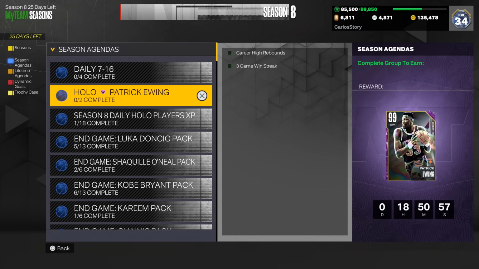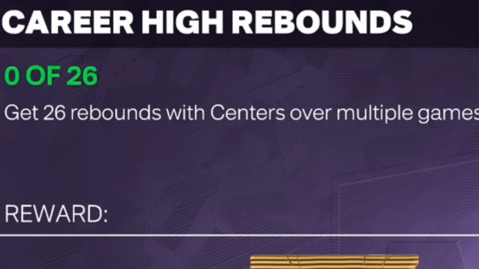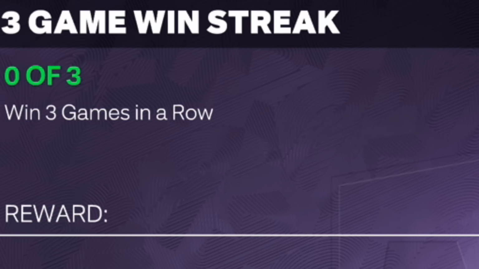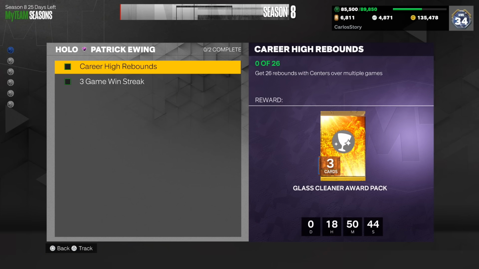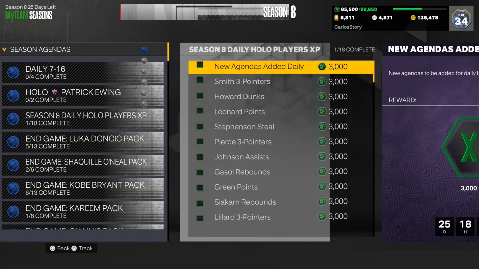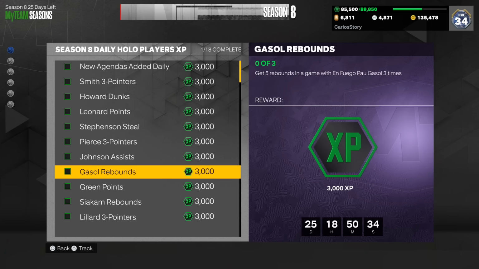He is a holographic. If you do want to get him, all you have to do is go out there and get 26 rebounds with centers over multiple games, so you can do that with multiple of them. And then you do have to go out there and win 3 games in a row. You do end up getting the tokens, you end up getting a glass cleaner award pack, and then of course you walk away with the guaranteed Patrick Ewing. But also don't forget that 2K has been adding 3,000 XP for every single player that we have gotten,